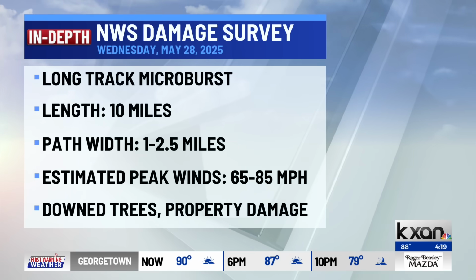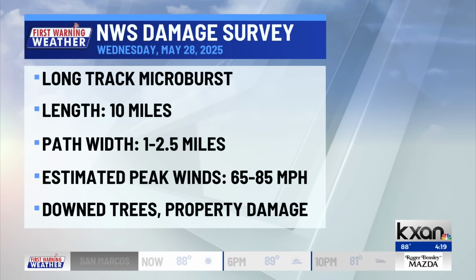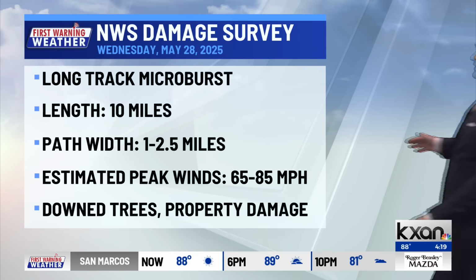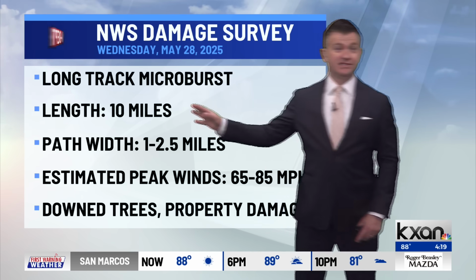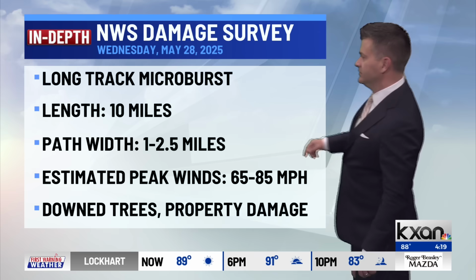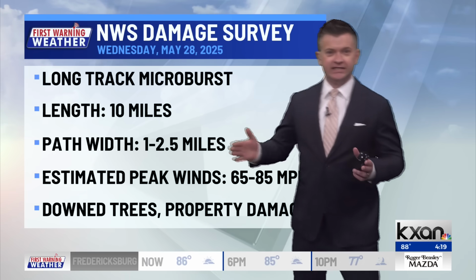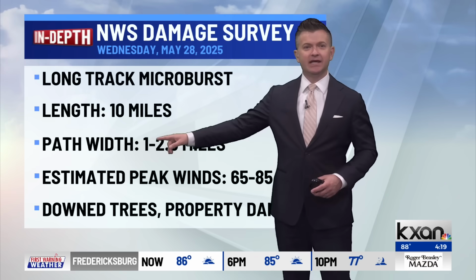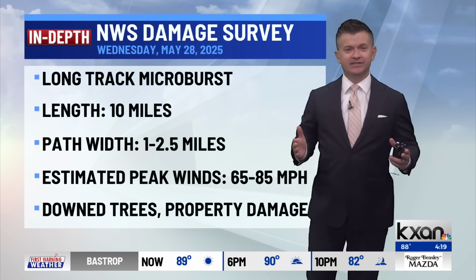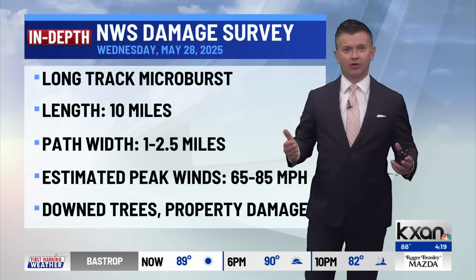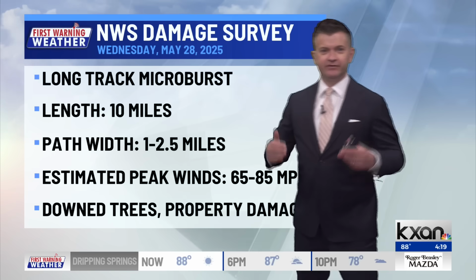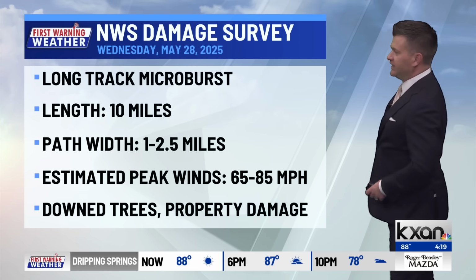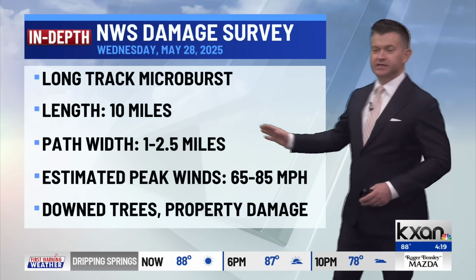So this is a long track microburst because those winds that came down to the ground fanned out for 10 miles. This is fairly long as far as microbursts go. The path width, meaning the width of the strongest winds from side to side, is between about a mile and 2.5 miles. Anything wider than 2.5 miles is actually known as a macro burst. So there's two types of downburst wind events in this regard, and this was a microburst because the width was